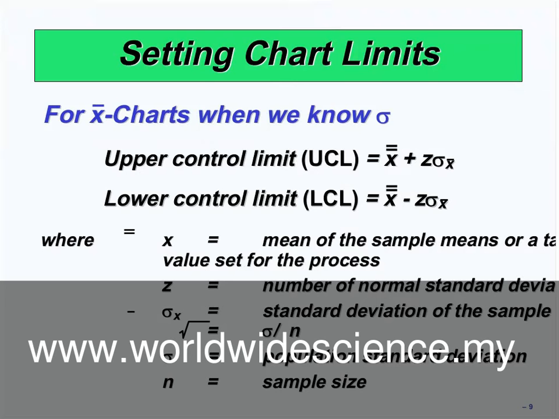At first, we should calculate two limitations: upper control limitation and lower control limitation. Upper control limitation can be shown by UCL, and lower control limitation by LCL. These limitations should be calculated and drawn in the chart to see all of the data.